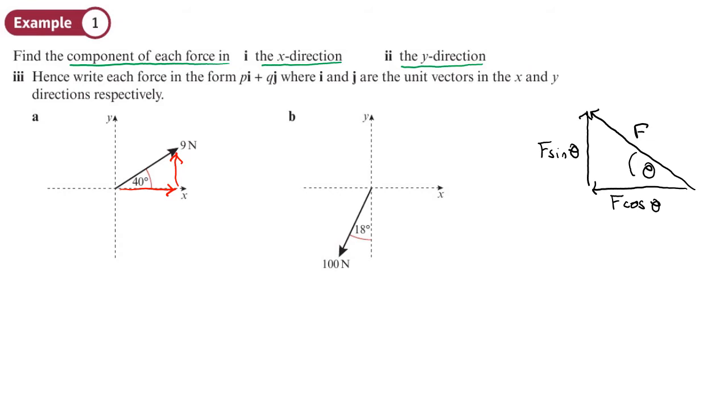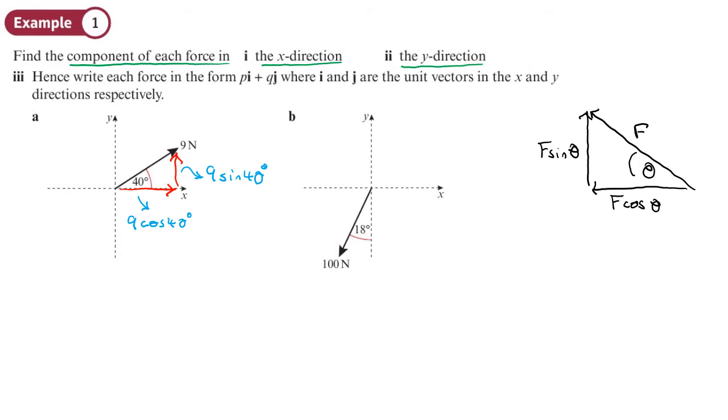A vector has a start position and a finish position, and we're going from the start position to the finish position. We just happen to be going horizontally and vertically. So this part of the force here is going to be 9 cos 40, and we were in degrees. I think all forces questions we do in degrees, and this will be 9 sine 40. So we're going to work those out and give the answer